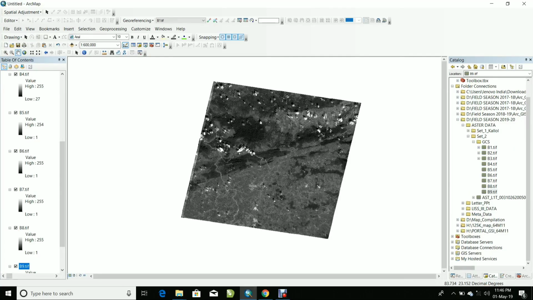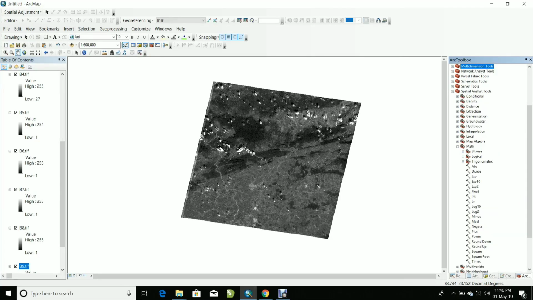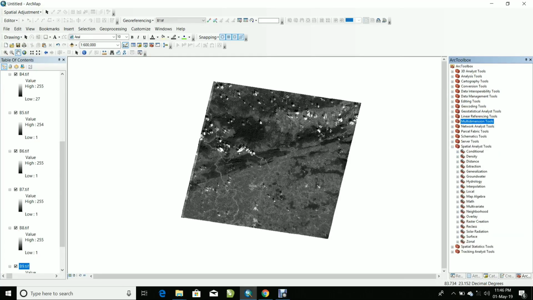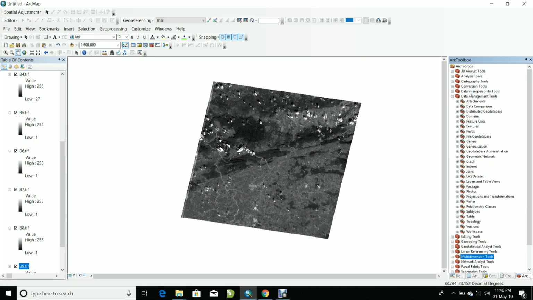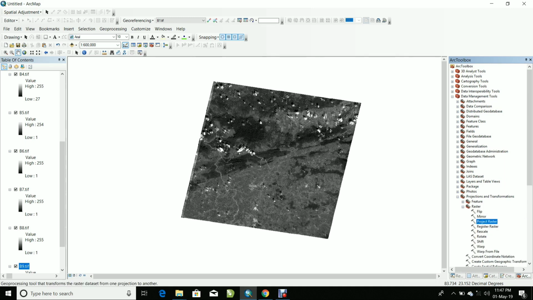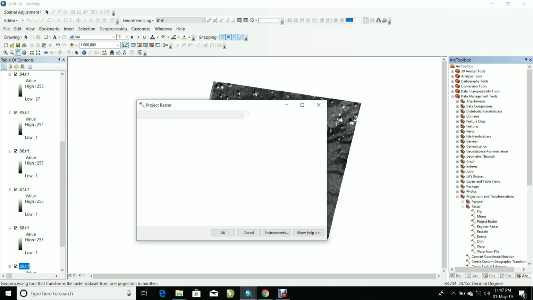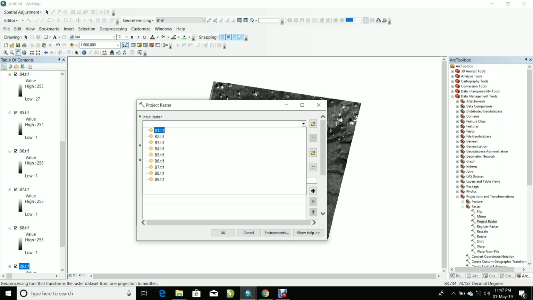The next step is that for all the 9 bands we have to give the defined projection from the ArcToolbox. Here is a tab, Projections and Transformations, and then Define Projection. Go to Raster and Project Raster, put the B1 band.